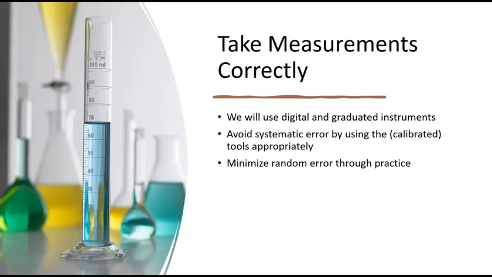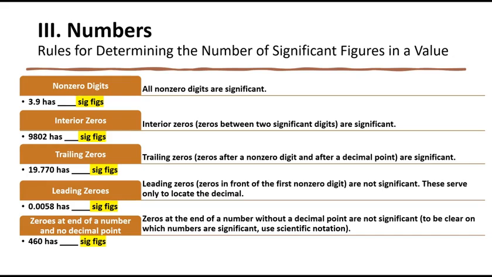Avoid systematic error by using the calibrated tools appropriately, and then minimize random error through practice. 3. Numbers. There are rules for determining the number of significant figures in a given value or a measurement. The first rule regards non-zero digits. All non-zero digits are significant. If we consider a value like 3.9, it has how many sig figs? Well, the 3 and the 9 are both non-zero digits, so they're both significant, and therefore it's going to have